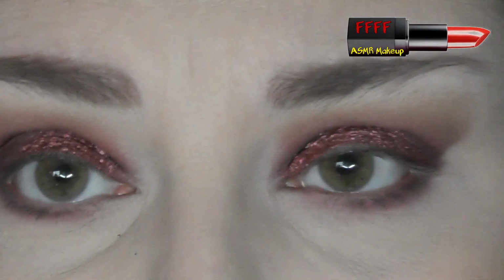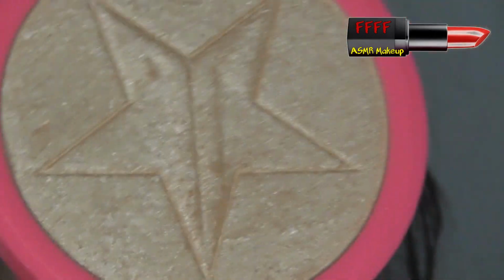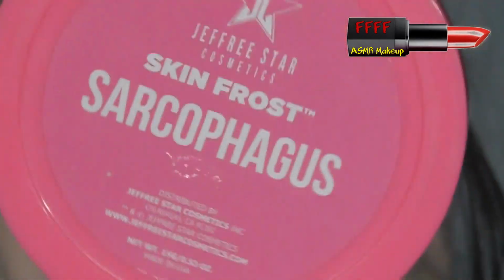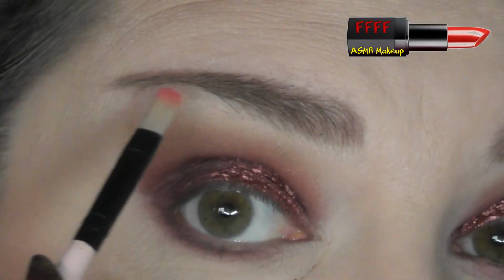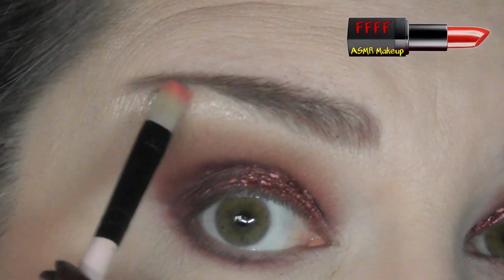And then I'm going to get my teeny tiny little brush to apply highlight. And as one of my Christmas presents, I actually got Sarcophagus in a big pan, which I'm very happy about. So you're probably going to see this an awful lot because it is the perfect